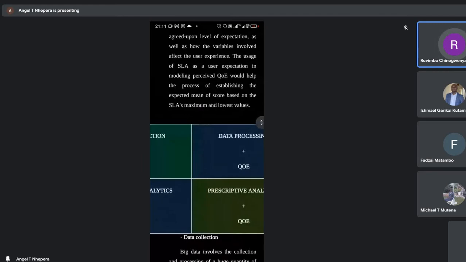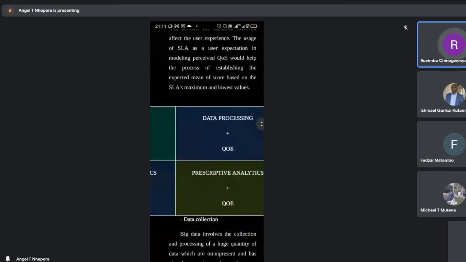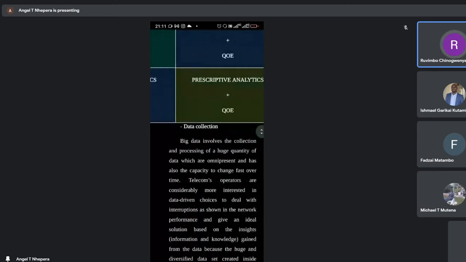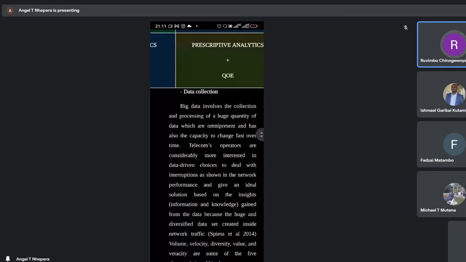So in big data, it involves the collection and processing of huge quantities of data, which are omnipresent and have the capacity to change fast over time. So telecom operators are considerably more interested in data-driven choices to deal with the interruptions shown in the network performance, and it gives an ideal solution